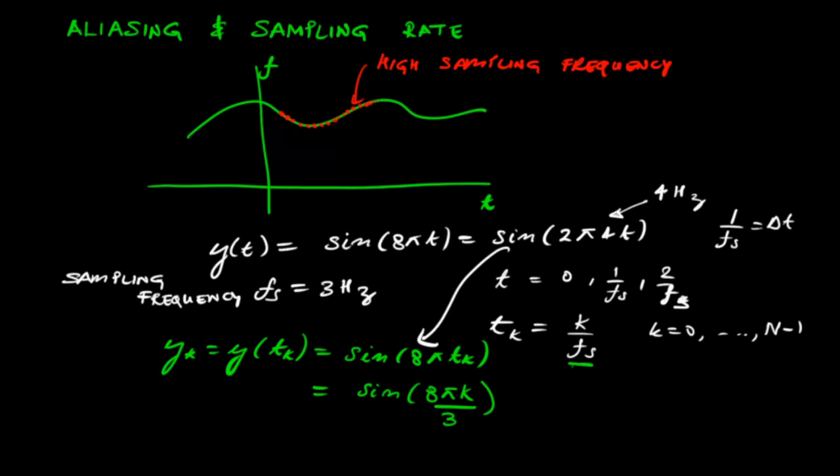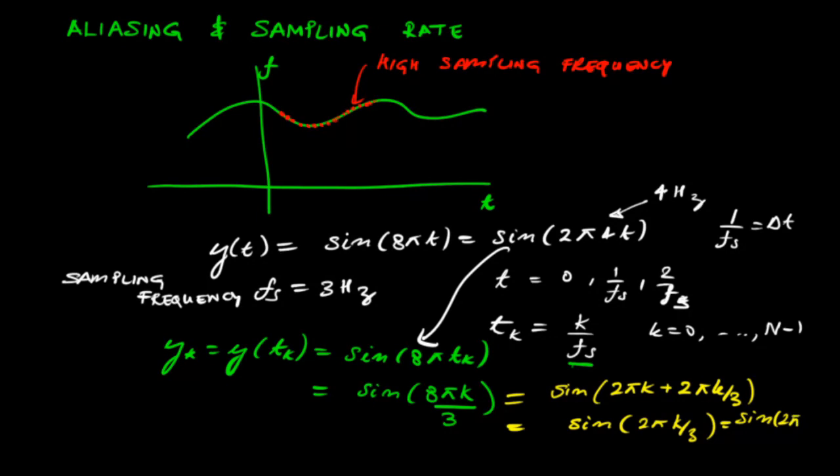Now the problem is, if you look at this discrete signal where k goes from 0 to n minus 1, it can also be written as sine of 2 pi k plus 2 pi k over 3, and that is equal to sine of 2 pi k over 3, and note that k over 3 is our tk, so we can say